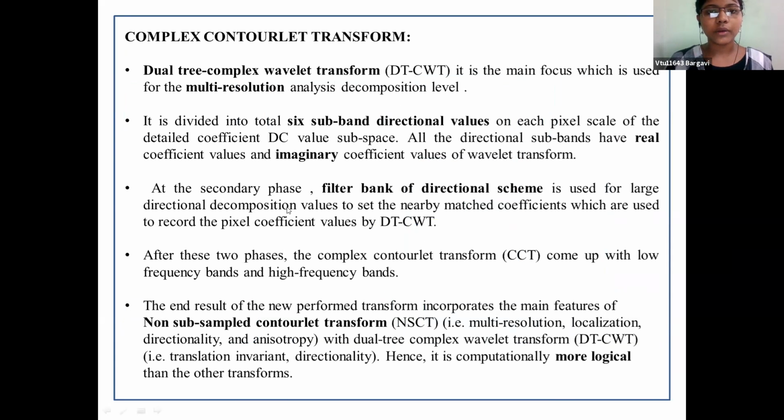The complex contourlet transform is based on two filters, namely the Laplacian pyramid filter and the directional filter bank scheme. After these two phases, the complex contourlet transform comes with the low and high frequency bands, and the end result will be the non-subsampled contourlet transform, which is the NSCT. Hence,